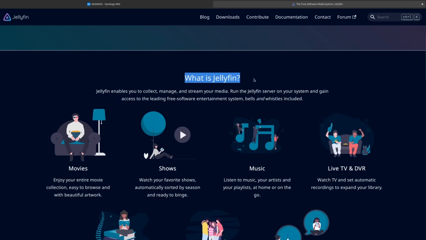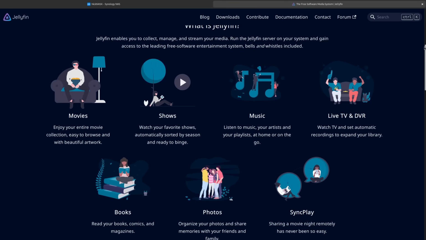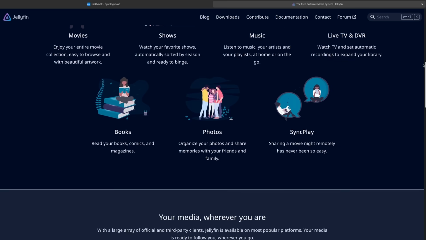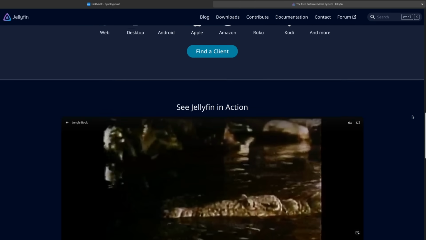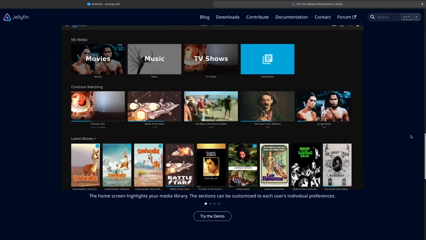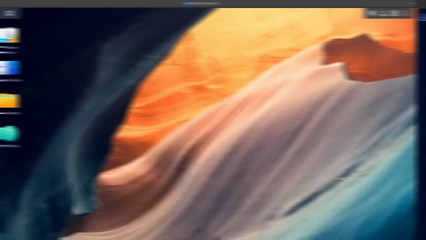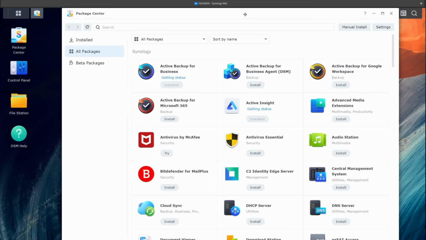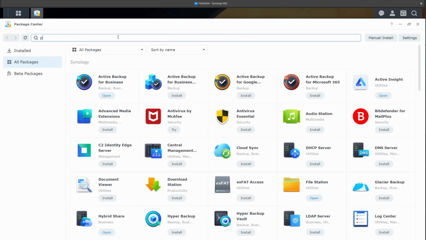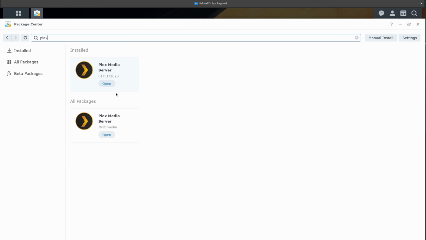I really like Plex, but I do need to try Jellyfin. I'm hearing some good things about it, and I could also run that on my NAS using Docker. At some point, I will take the time to look at it. In the meantime, Plex was available as a one-click install from the package center of Synology DiskStation Manager, and I already had a Plex account and another server running on my own PC, so I knew about it and I